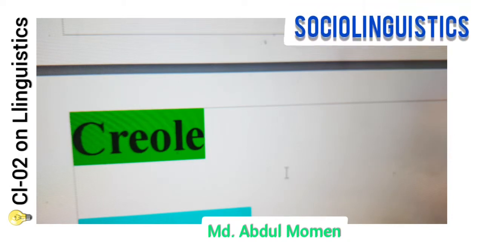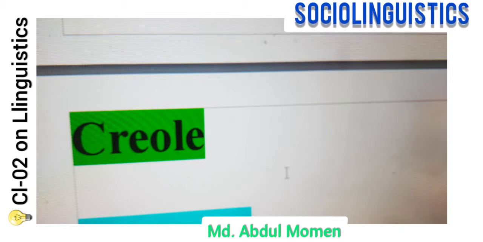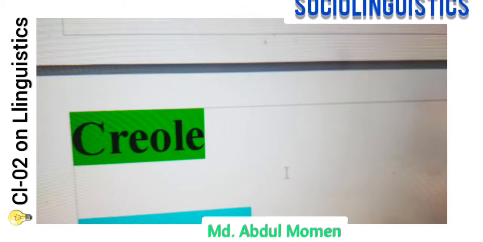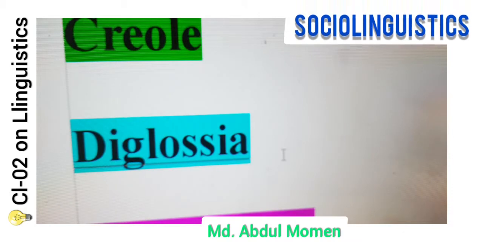So Creoles are classified according to the language from which most of their vocabulary comes, for example, English-based, French-based, and the like. So diglossia,